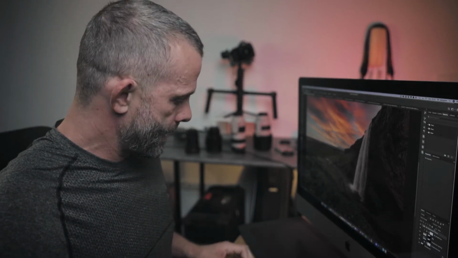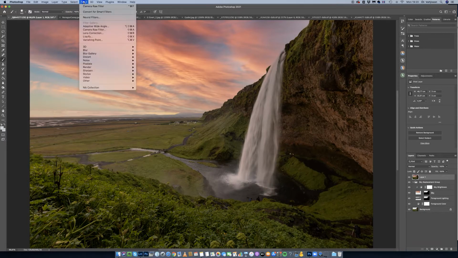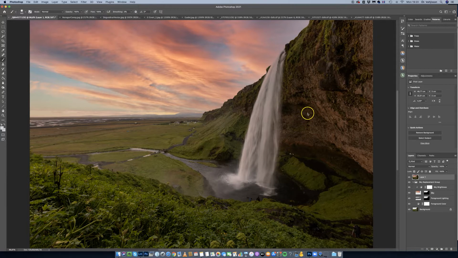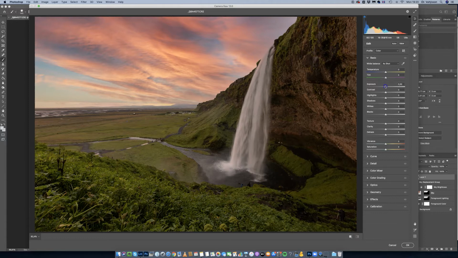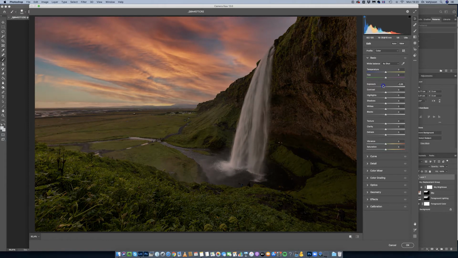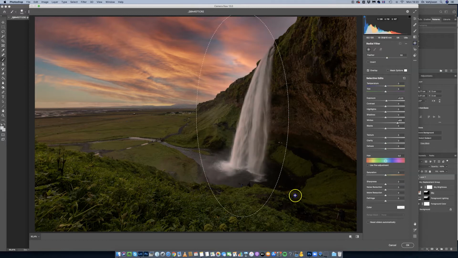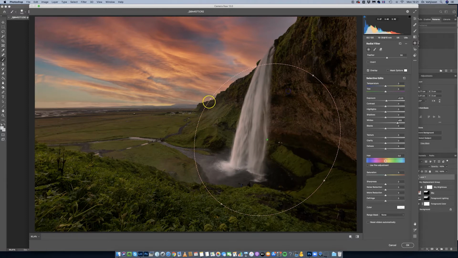I could maybe work a little bit more on this photo. It needs to be darker. It's not dark enough. It's sunset, so it needs to be a little bit darker, like this, and maybe give the waterfall a little more. Something like that. For like 3 minutes of work, this is not bad. But